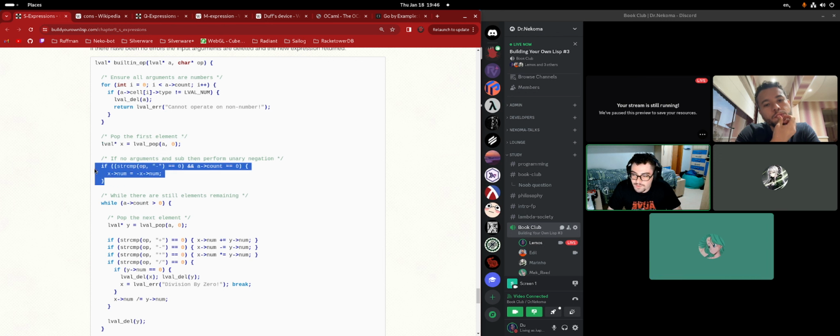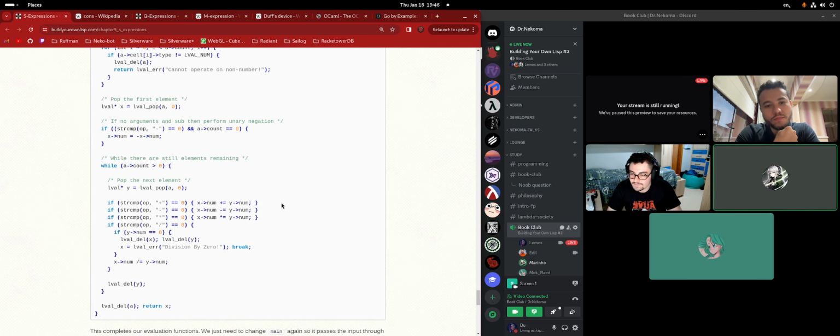This is cool because it means you can do a minus with only one number, and it will work fine. That's a Lisp thing where minus with one argument is negation.